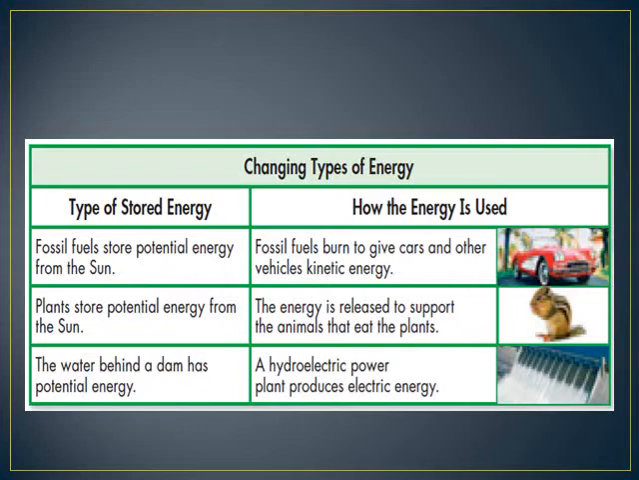And the last example, the water behind the dam has potential energy. It makes the hydraulic power plant produce electric energy. And we have a lot of examples about how energy changes from one form to another form, like when you put on a light bulb and add electricity. Here the electricity changes from electrical energy